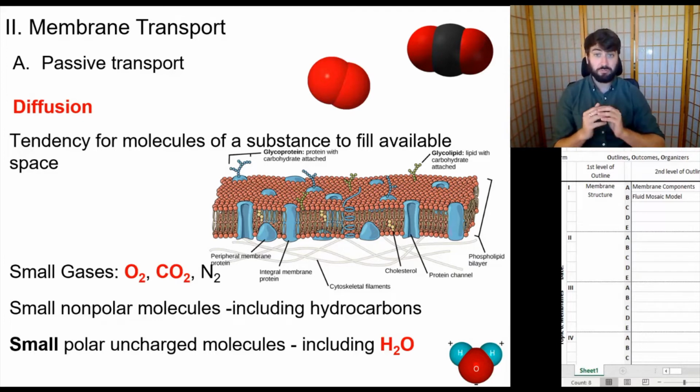Now, even some slightly larger nonpolar molecules like hydrocarbons can actually squeeze past those hydrophobic tails, and some polar molecules can too, as long as they're not too big. In other words, as long as they're very small and they don't have a charge. That's the other important thing. So they can be polar, but they have to be small and they can't have a charge. So water is a really great example of one of these small, uncharged polar molecules that can slip through the phospholipid bilayer. In fact, we have a specific term for that process: